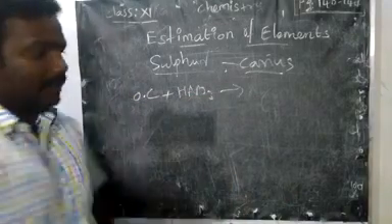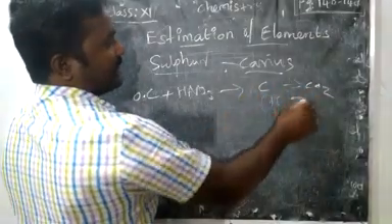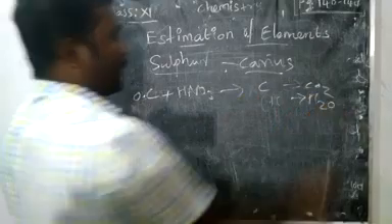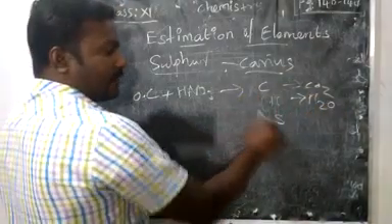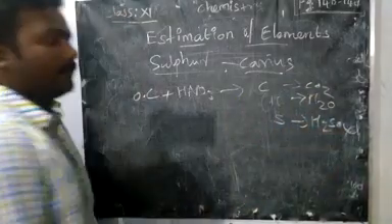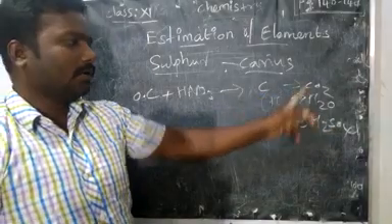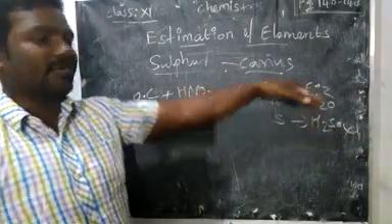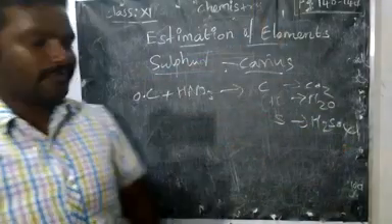So what will happen? If there is any carbon, it will form carbon dioxide. Hydrogen as usual will form water, right? So we can remove all those things. In case you have sulfur, it will form sulfuric acid. Listen carefully. Now, already we have found water and carbon dioxide, so we can remove the gases. We are left with the sulfuric acid.